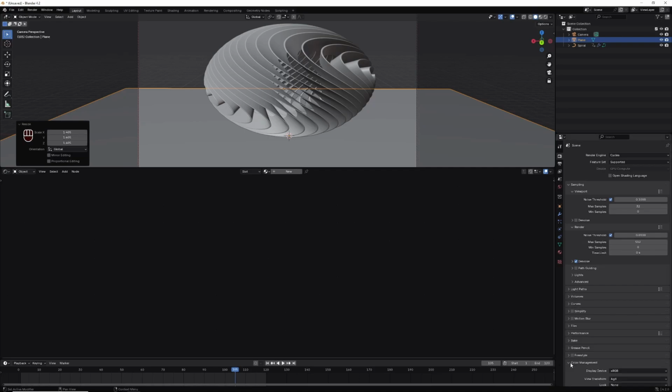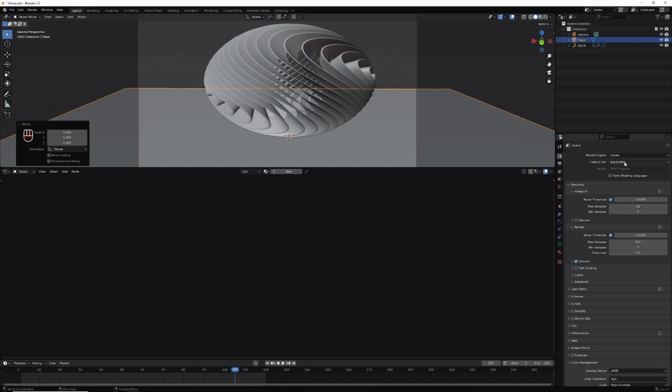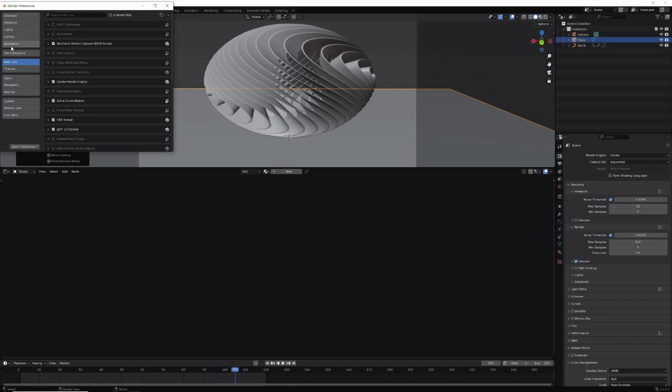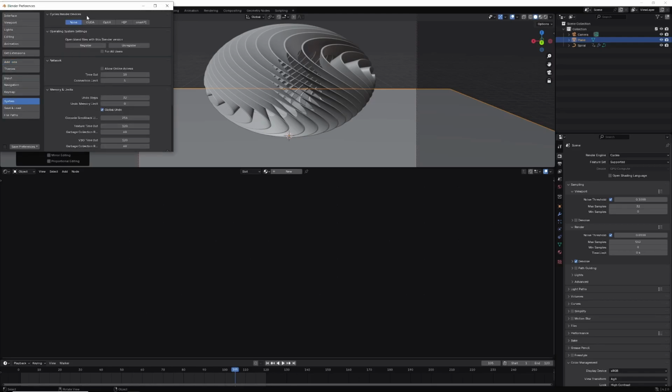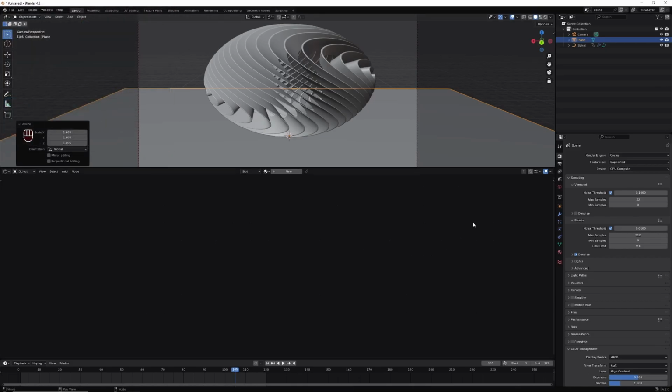And I go here in color management and I select high contrast. To activate a GPU, go here in Edit, in Preferences, and in System, select your GPU and save preferences. Now I go here, I hit new